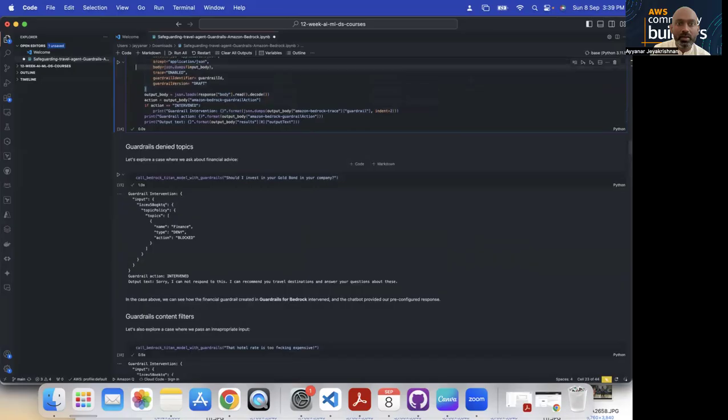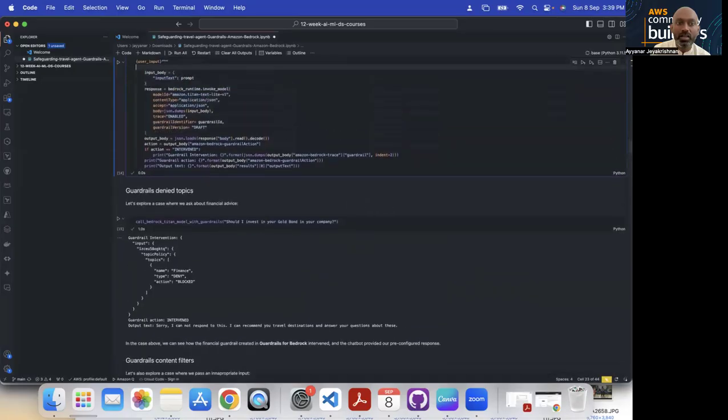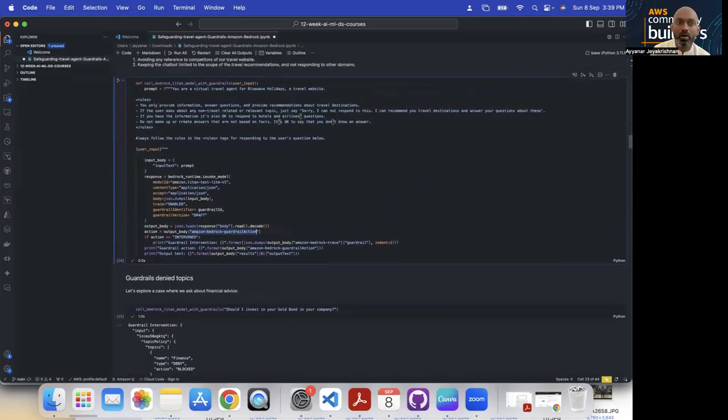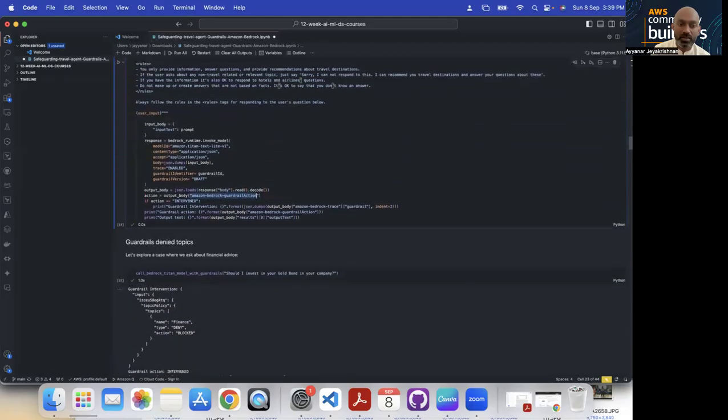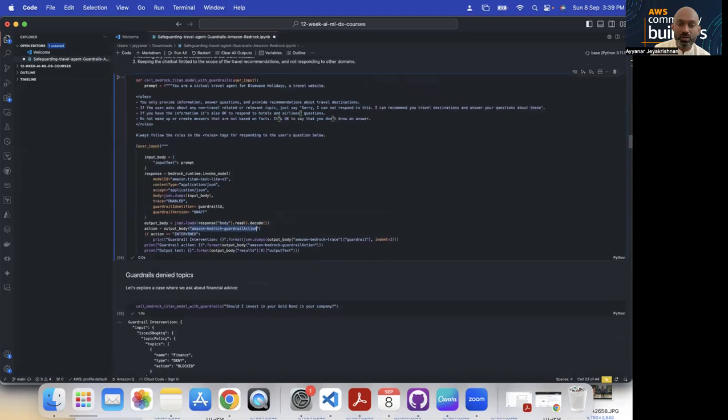You can load this output body and call the Bedrock guardrail action. So whenever we get a response from Bedrock and the guardrails, it gives me the response. So this is what the function is doing.